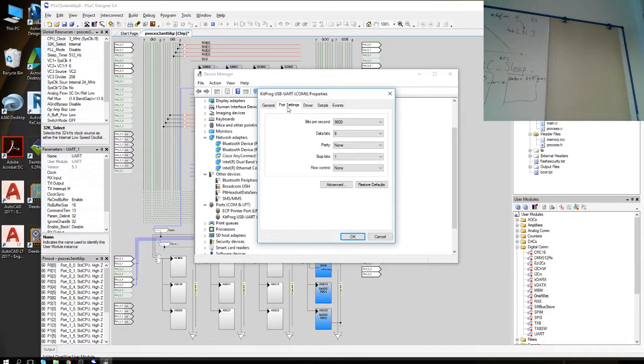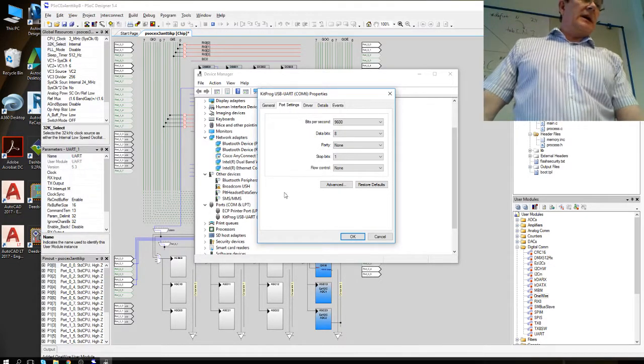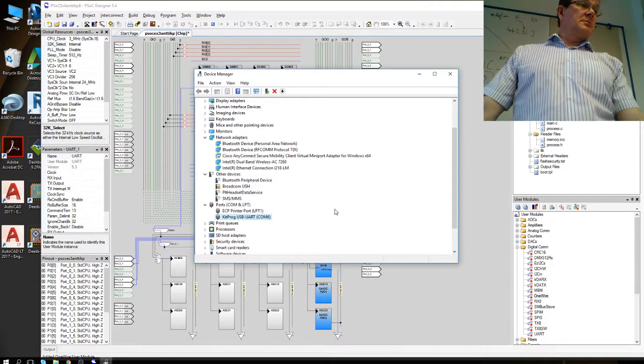So bitrate 9600, 8 bits, no parity. Stop bits 1, but that doesn't really matter. All right. So if I now open putty,